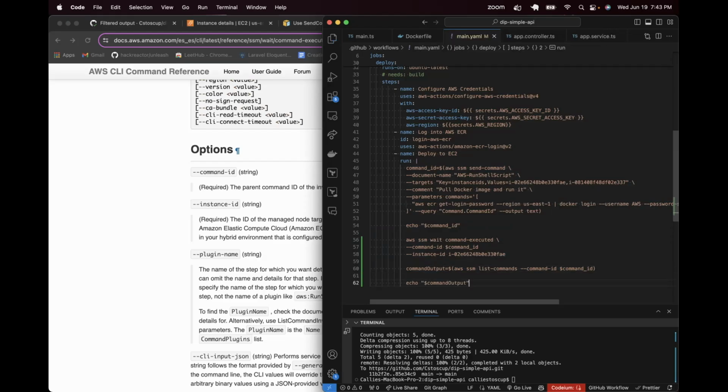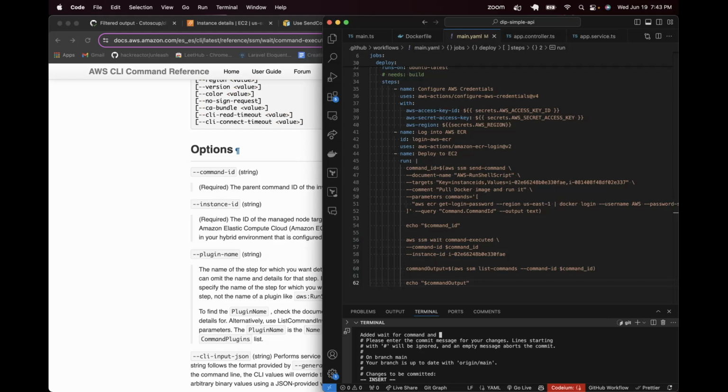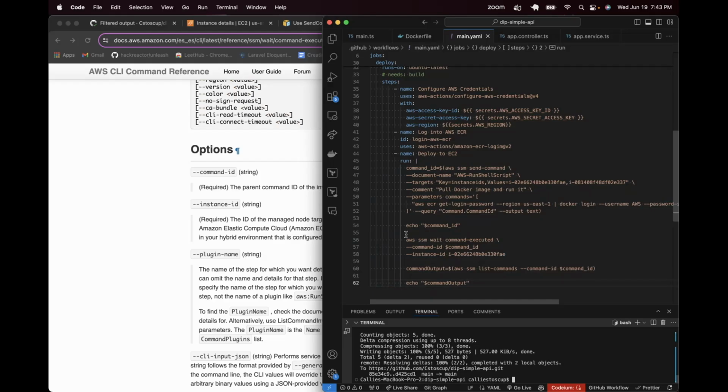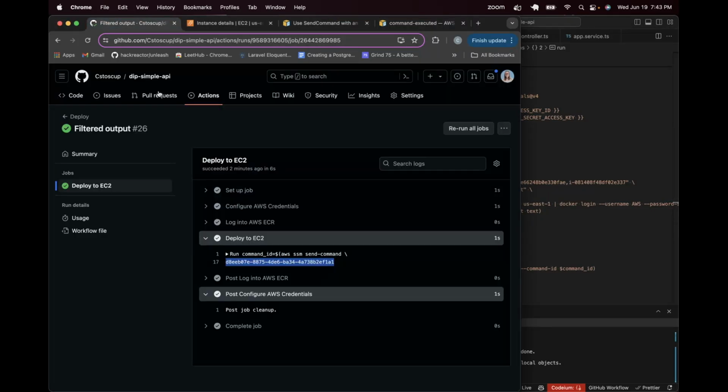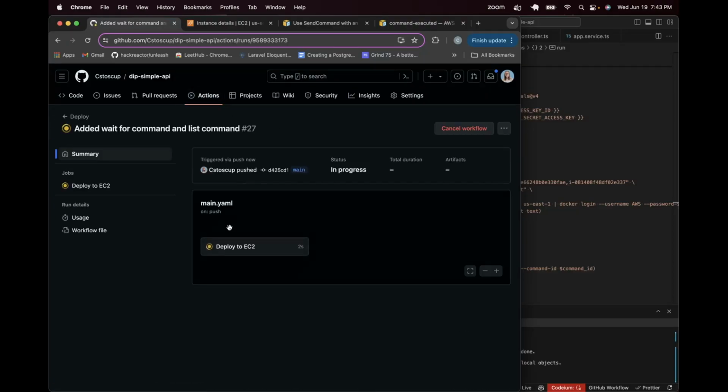All right, we wrote a lot of bash, and we know that's not my forte, so let's go ahead and see how we did. I'm going to commit this real quick, and then added wait for command and list command. This command output is going to be the same output we had up here, but because we waited for the command to be executed, we should actually get the output back, which would tell us whether or not we successfully completed